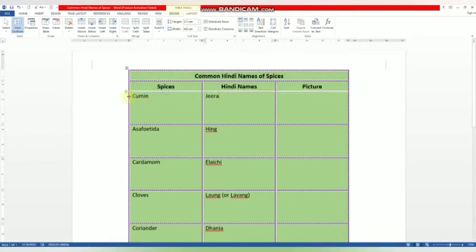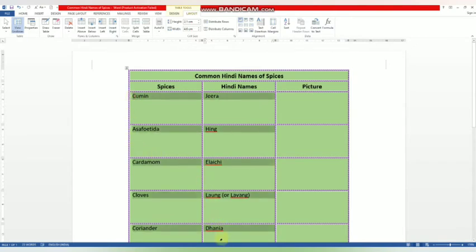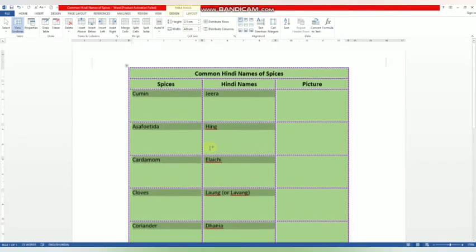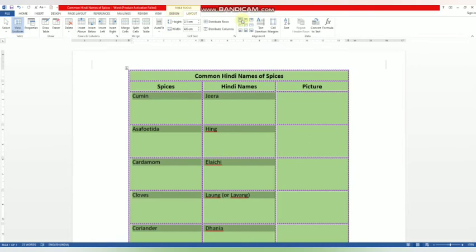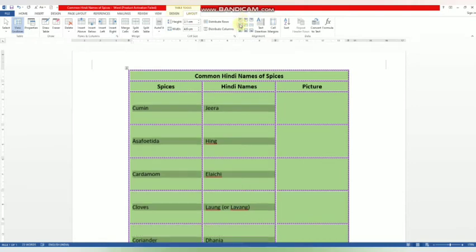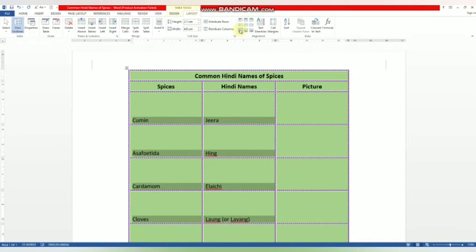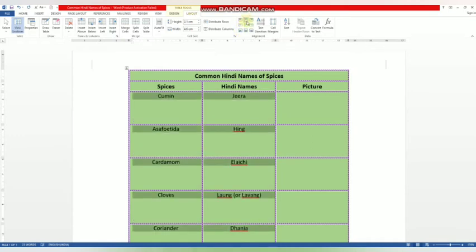And then select the text. You can see here the different alignments. This is the top left align. This is middle left. See the changes. This is bottom left. This is top and middle.